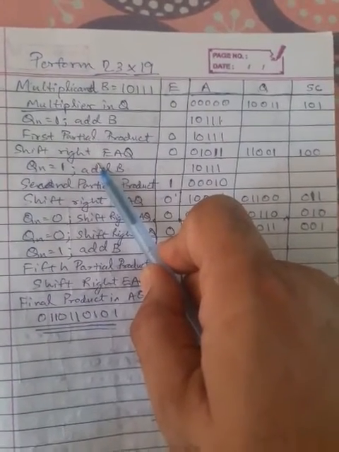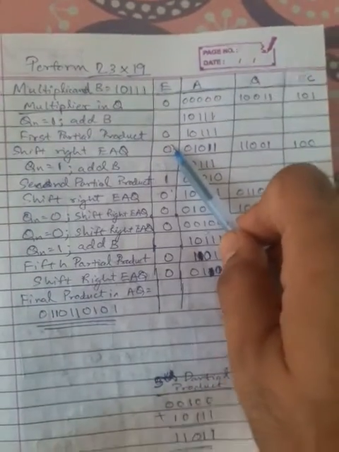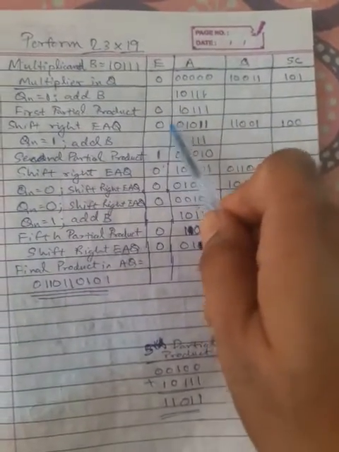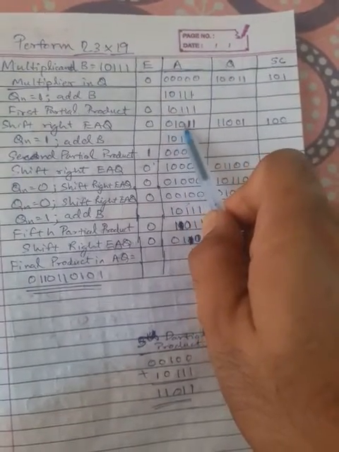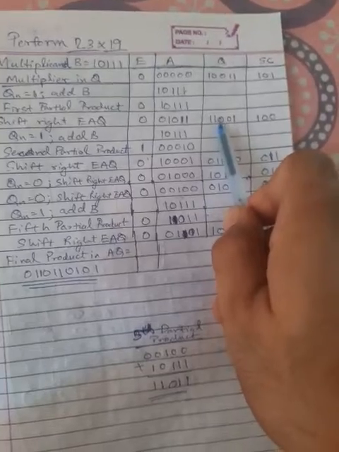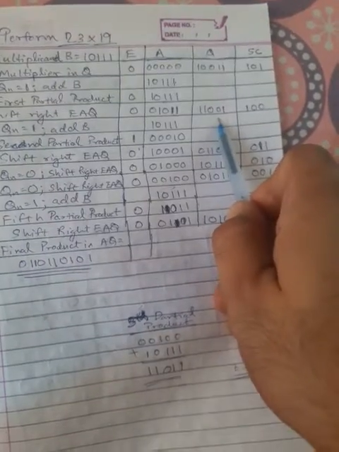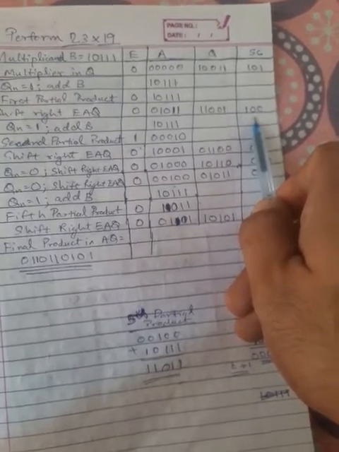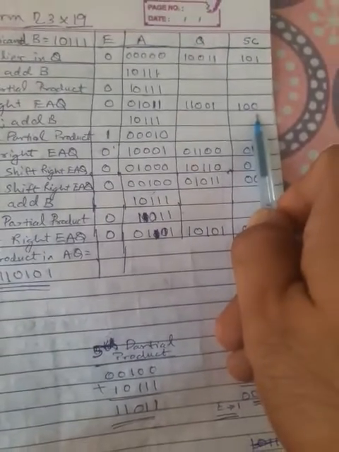Then after the addition, we have to do the shift right operation between E, A and Q. Now here we will see E is 0, A is this, and Q is this. So we have to do the shift right operation between these three. So 1 bit we will shift here, so 0 will be shifted here, so 0 1 0 1 1, and this 1 will be shifted here in the Q, so 1 1 0 0 1. Finally this is over, and the sequence counter will be decremented, so 5 will be converted into 4, and for the 4 we are writing this binary number 100.